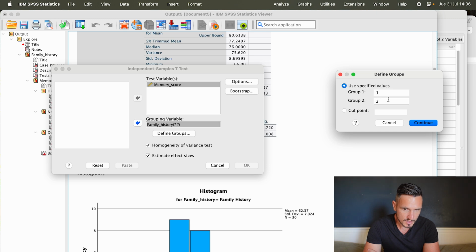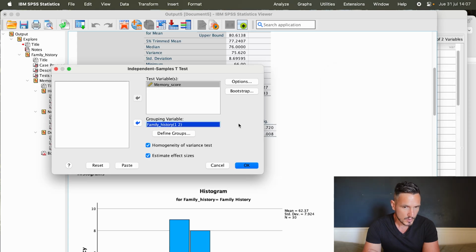So as a default, SPSS assumes that you've allocated the numbers 1 and 2 to the different levels of the independent variable, which is accurate in this case because we used the number 1 to represent family history and we used the number 2 to represent no family history. If, for example, you had used 0 and 1 for those two conditions, you could replace 1 and 2 with 0 and 1. But as this is accurate, we can just go to continue and then we can go to